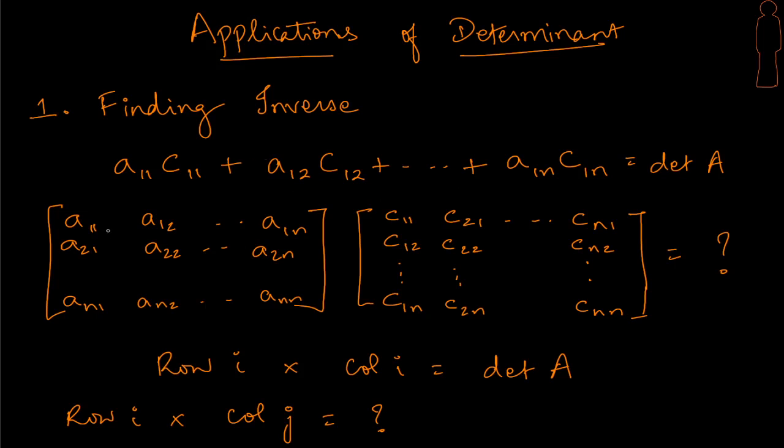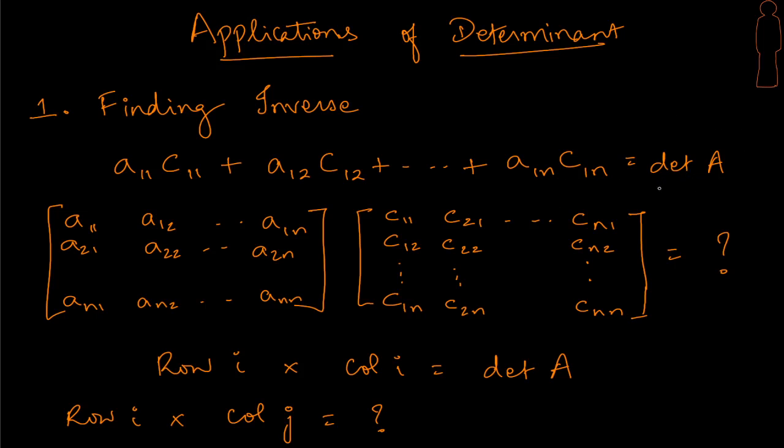So I am placing here A11, A12 up to A1n. This is my entire A matrix, but interestingly I pick up the cofactors C11, C12 up to C1n and place them in the first column of this matrix. We don't know what this matrix is, but just a rough idea, let's see what's going to happen. Though we call it C11, C12, remember I am trying to put it here in the first column. And what is interesting is I know that the first row times the first column here will definitely give me the determinant of A. That's what we have seen.